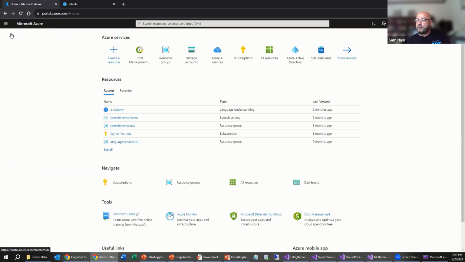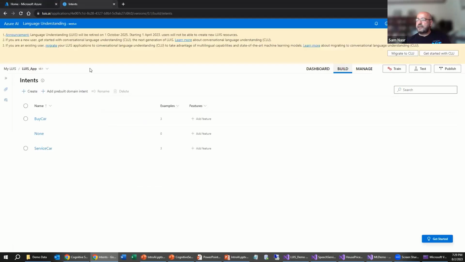So if I go back to my home screen, this is the resource that I created. And once that was done, now I can go into the LUIS AI portal, which is tied with Azure. And what this allows me to do is to be able to access my application. So with natural language understanding, basically, it's just as the name suggests. It takes natural spoken language, just like I'm speaking to you, and it's able to decipher the intent.